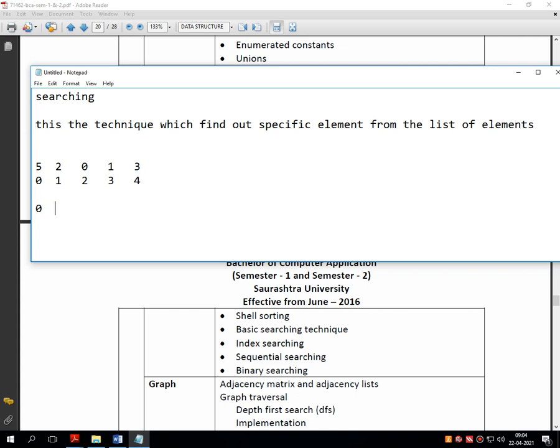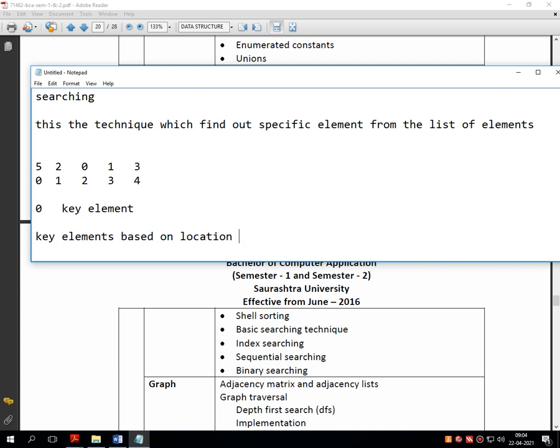So this key element, the data which we want to search, is called the key element, found true at position 2. So whenever we are searching key elements based on location, again I am repeating,